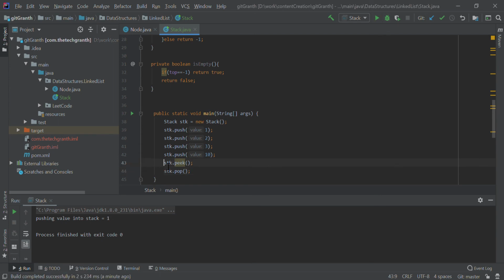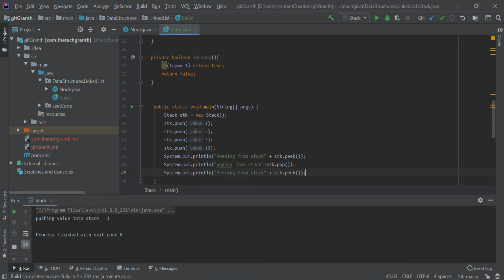So here I need to add System.out, and I will add a comment, peeking from stack, and I will add this element again. And for pop also I will do the same thing, popping from stack, and I will do one more peek so that we know that the last element was popped.